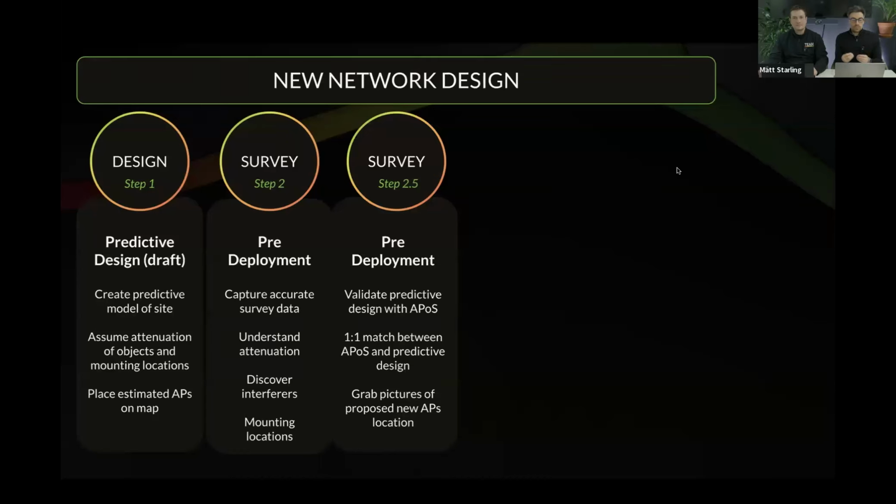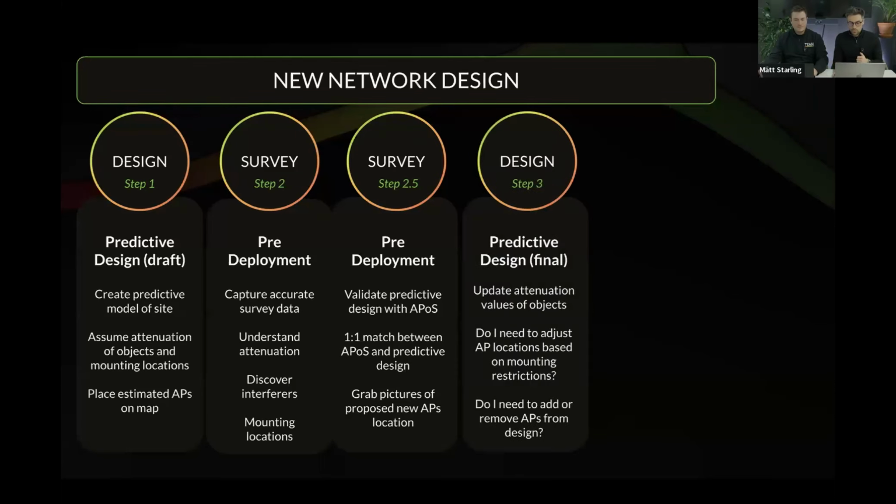So again, still in the pre-deployment phase, if there's no existing Wi-Fi network there, you're going to maybe need to do something that's called an AP on a stick survey. So that's what this abbreviation is here. This is where you would take the intended access point model and/or antenna that you're using in your design or you're planning to deploy. You stick it in the locations and then you measure to actually get the real measurements from that access point in the positions, and then you can understand how it's going to behave in the environment, and then use that data to go back and update your model.